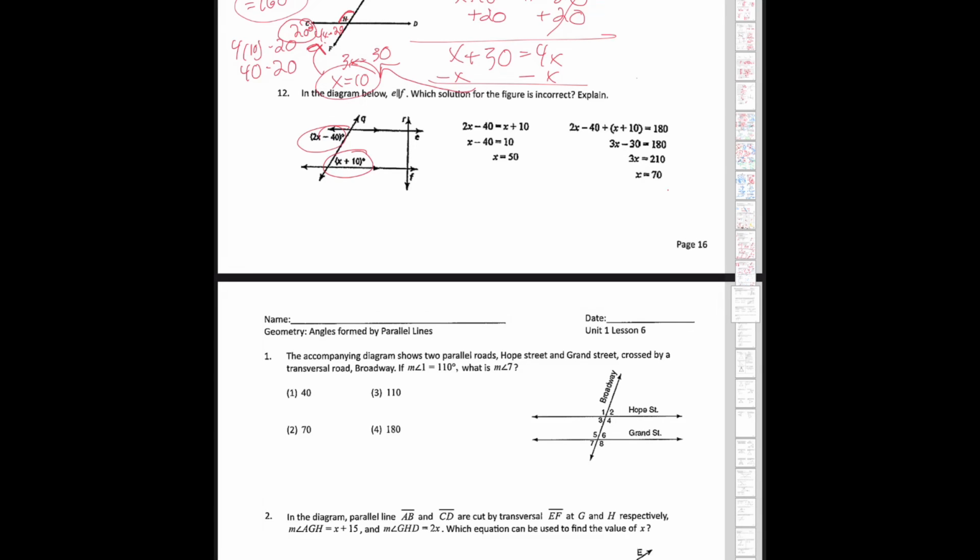So if we check their work here, we did our subtracting of x. If we subtracted x from this side, that canceled, and then we're left with x minus 40 equals 10. I take this 40, add it to both sides, I get x equals 50. That looks good here. Now let's check this one out. We have 2x minus 40 plus x plus 10 equals 180. Well, we just discussed how these two are congruent, not supplementary. So right away, no good. Here's our correct piece of